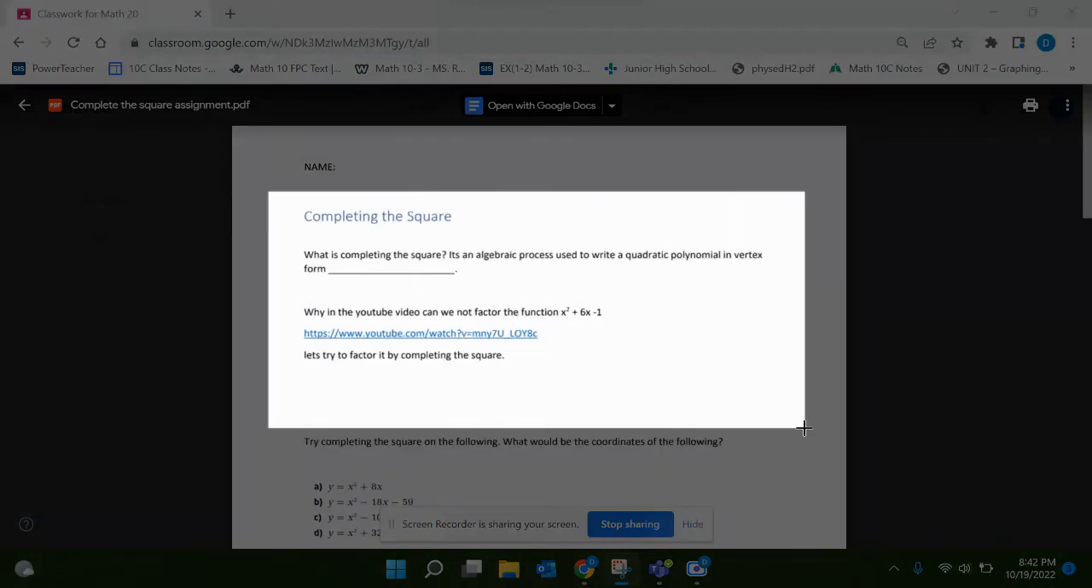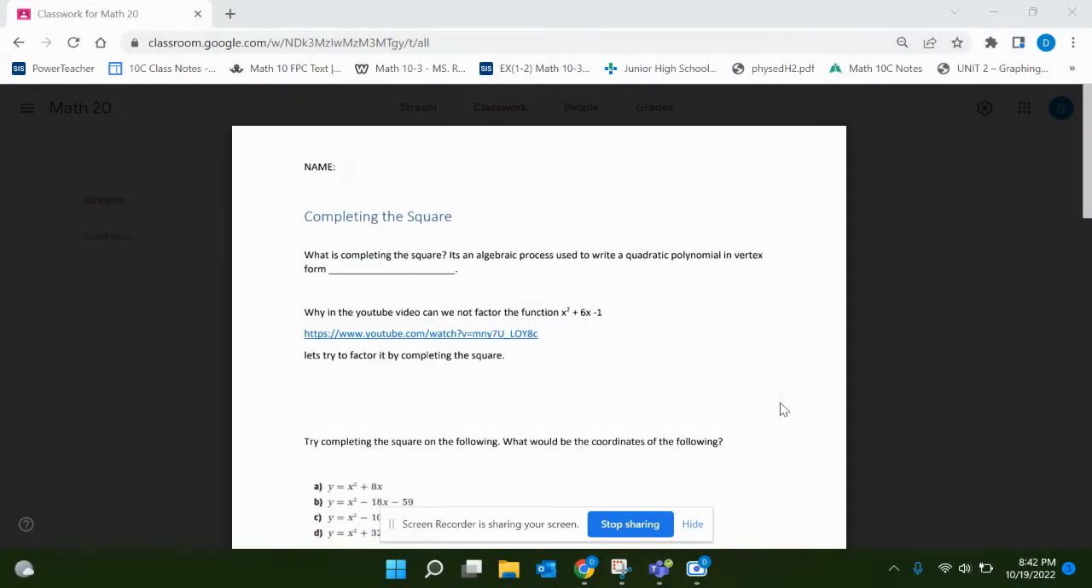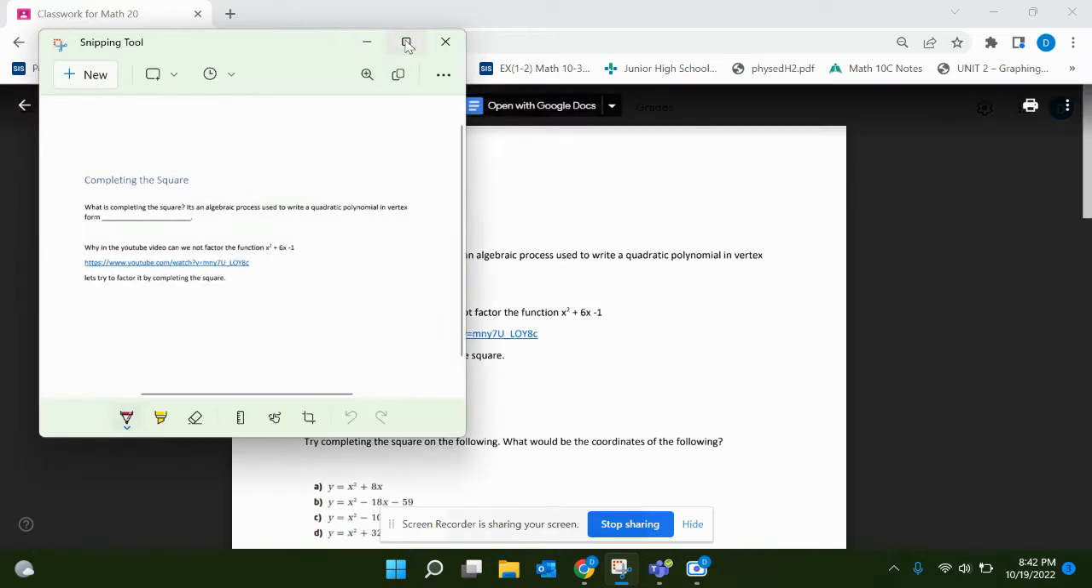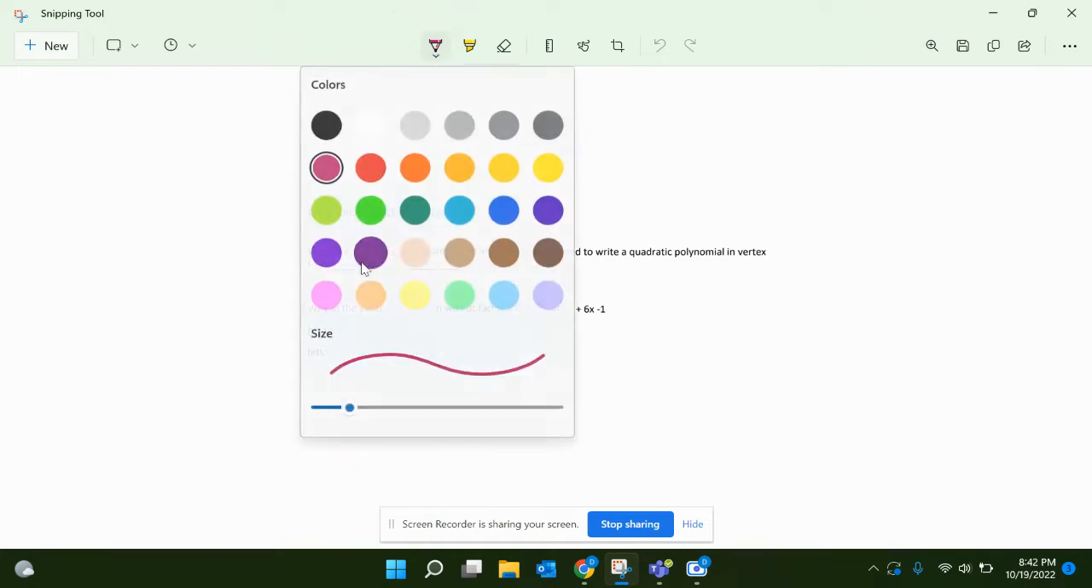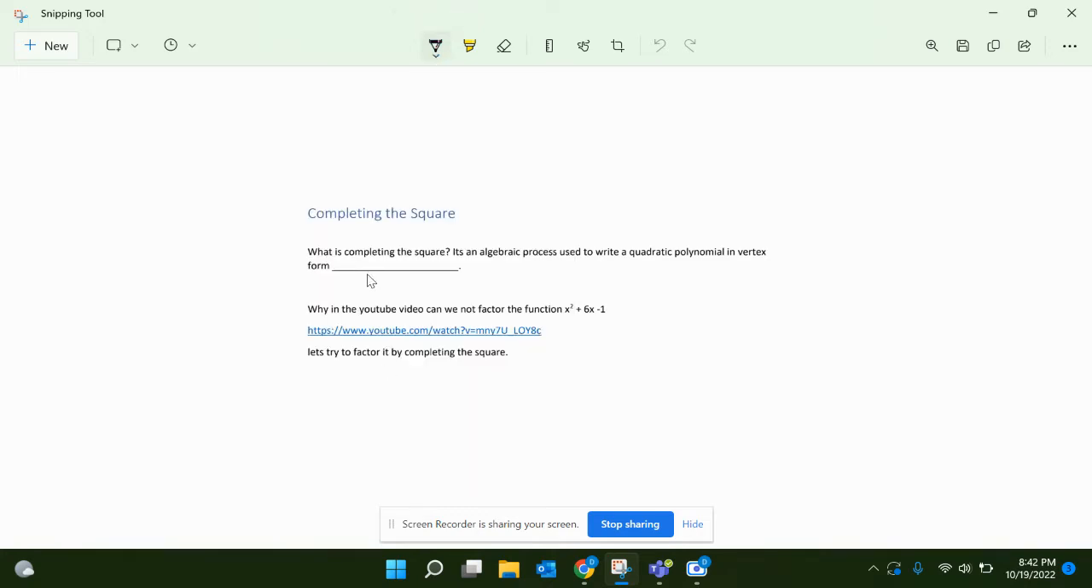What is completing the square? It's an algebraic process used to write a quadratic polynomial in vertex form. Okay, so basically we're going from standard to vertex. You guys already know how to go from vertex to standard. You basically just expand everything. Okay, but when you're going standard to vertex, there are a few things that you need to know. Okay, so we're going into the form y is equal to a(x minus p)